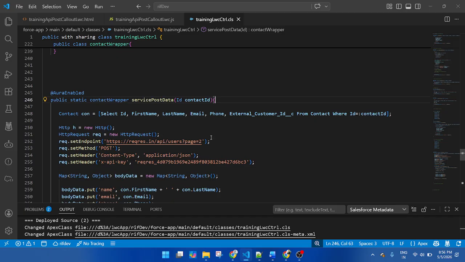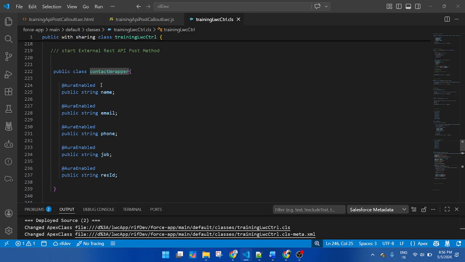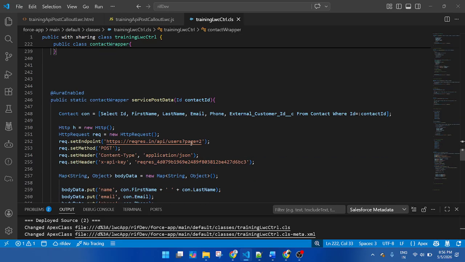So where will we use the wrapper, sir? Okay. Yes, Rachna? Yes. This is a wrapper. Actually first I create a wrapper class here. This wrapper is returned in the method. We will use the assigned value in the LWC, right? Yes. First I will complete the Apex class method, then I will display that value in the LWC component.